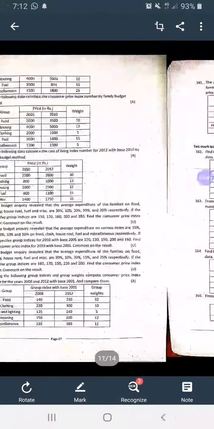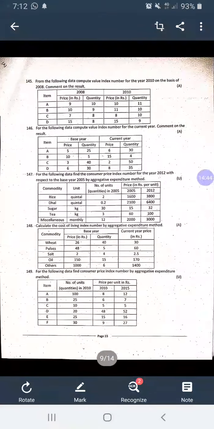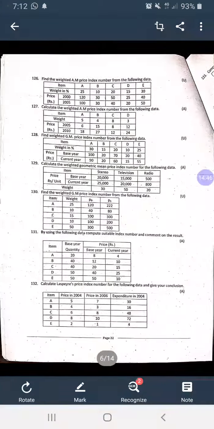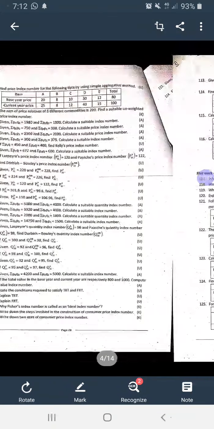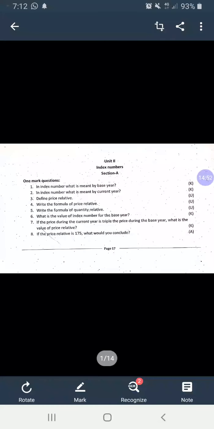So these are your 4 marks questions. See, this is your 10 marks questions. Even the marks have been mentioned at the top here, okay. What is the marks here? So 5 marks questions, 2 marks questions, 1 mark questions also I put. Even this one I will share with you people today.